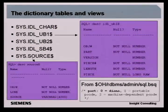So just looking at these tables. On the right-hand side, you've got the details of one of the IDL tables, IDL_UB1$. The interesting part is the piece column, because that's where the actual data is stored. You can actually get the descriptions of these tables and how they're constructed from a file that's in the Oracle Home RDBMS admin directory, a file called sql.bsq that's run every time somebody